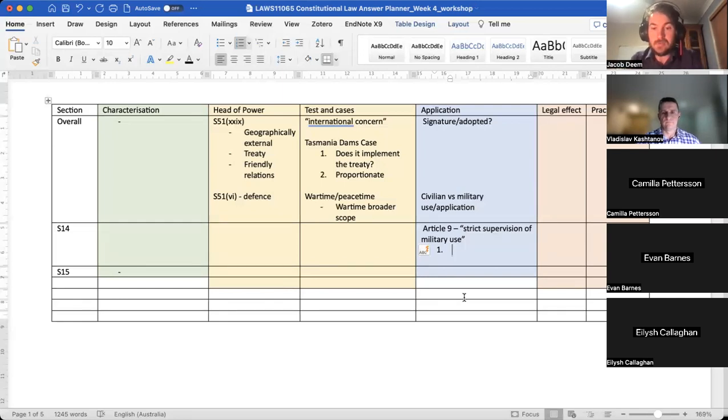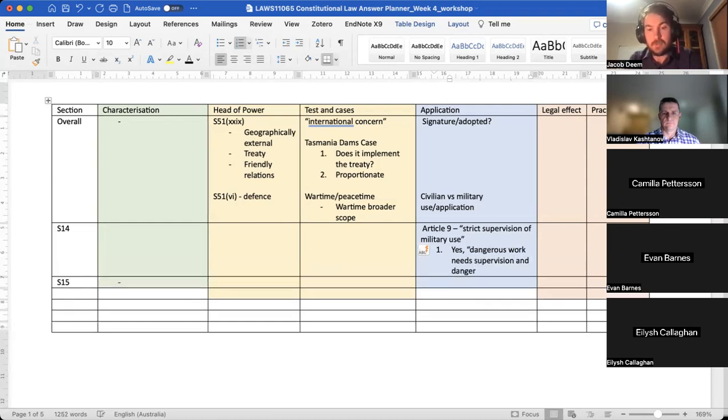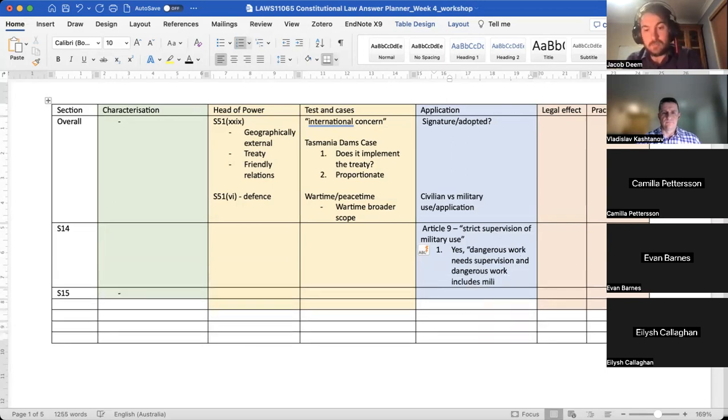So we'll talk about the civilians in a minute, but in terms of step one, does it implement the treaty? Yes, because it requires that dangerous work needs supervision, and dangerous work includes military application. So in terms of implementing the treaty, Section 14 does what it needs to,